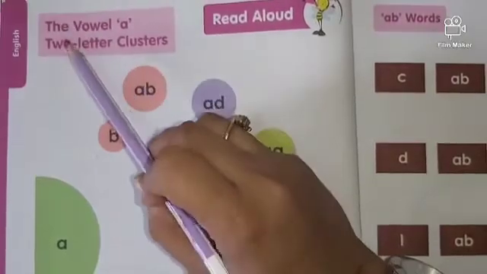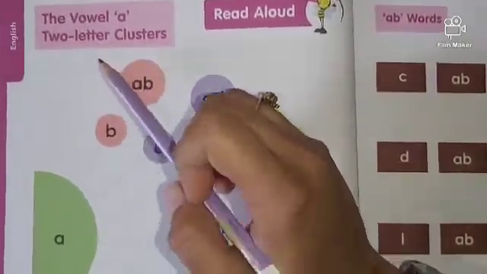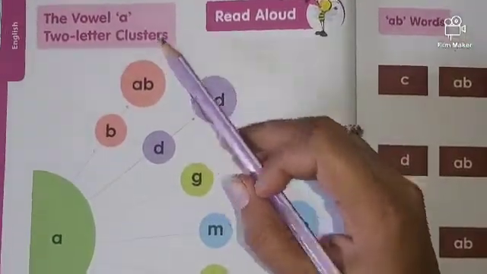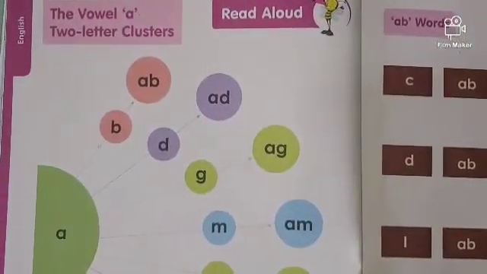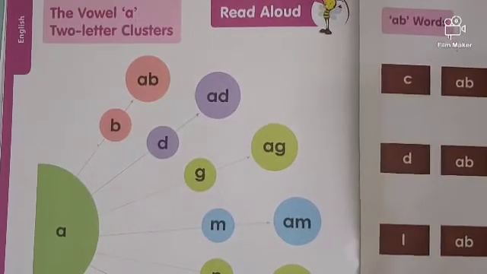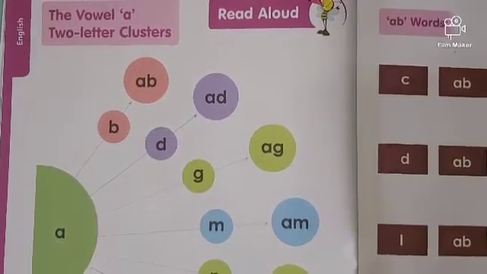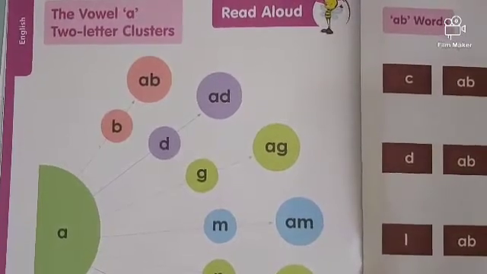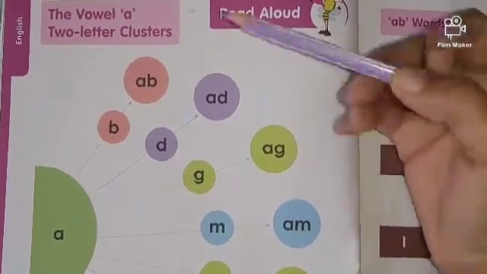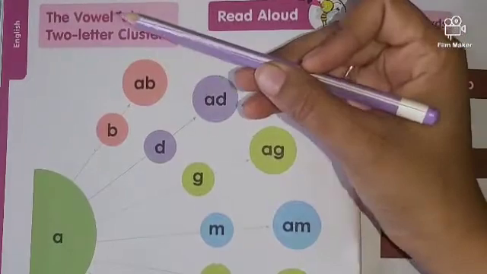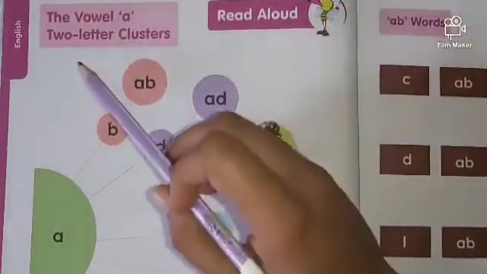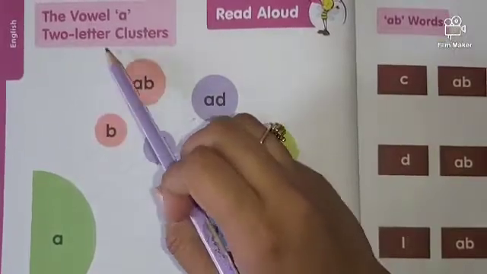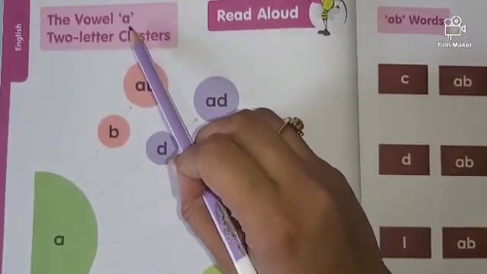2-letter clusters means 2 letters like A, B, C, D and clusters. Clusters means group or set or team or bundle. So you can say today we are going to form a set of a group of vowel A along with another letter. So we are going to form 2-letter sets today, 2-letter groups today, which are going to involve